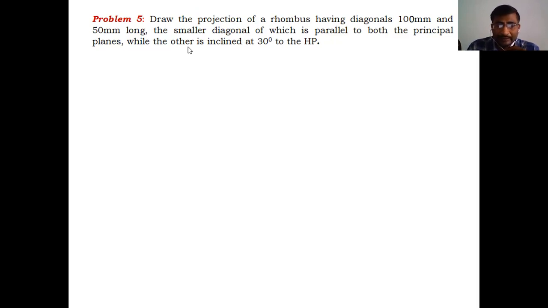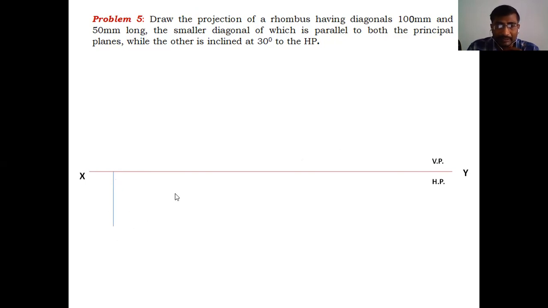First of all, draw the XY line, and this is the VP. It represents the vertical plane, which is above the XY line, and the horizontal plane is below the XY line. That means the top view is projected onto the HP and the front view is always projected onto the VP. Clear? First of all, draw a perpendicular line to the XY line at the extreme left.